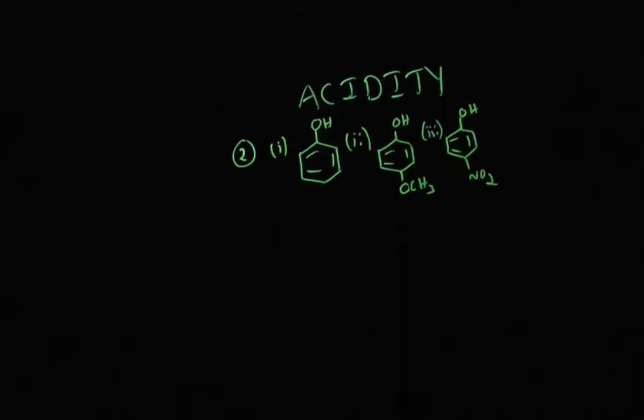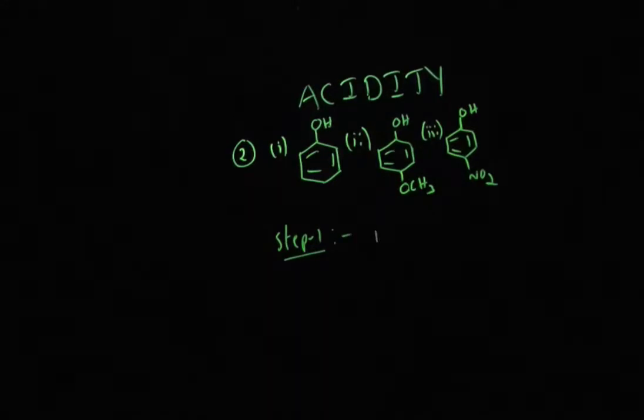In such questions you first have to do a 2-step process. First you have to remove the acidic hydrogen. As I said, the first step is all about identification of the acidic hydrogen. Clearly there is no COOH group. If there is a COOH group, that means the compound is more acidic. So then you have to check whether there is any OH group. Clearly you can see each compound contains an OH group. That means there is a similar type of proton.